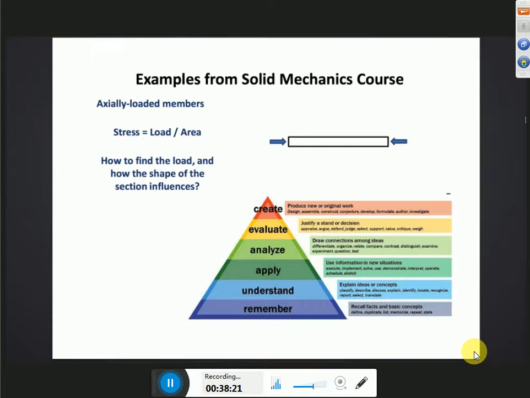It becomes a little bit more complicated if you ask them to find the shape of a cross section, because, for example, if you give a material, they know the yield point stress for it, they know the safety factor should be more than 1. If you give the load, and then ask them to find a certain shape,